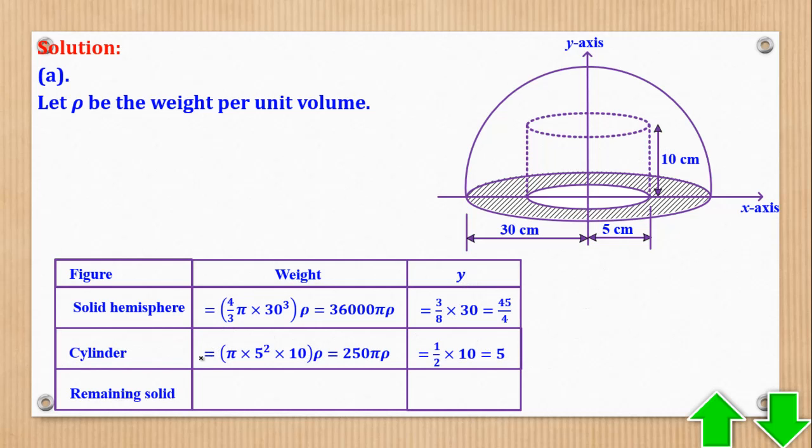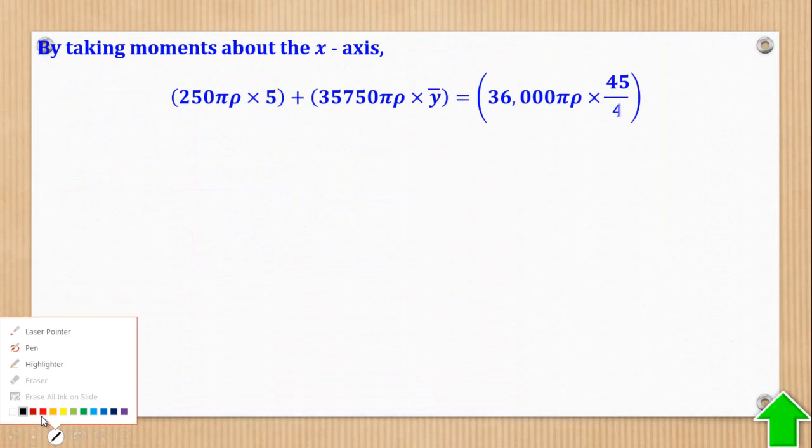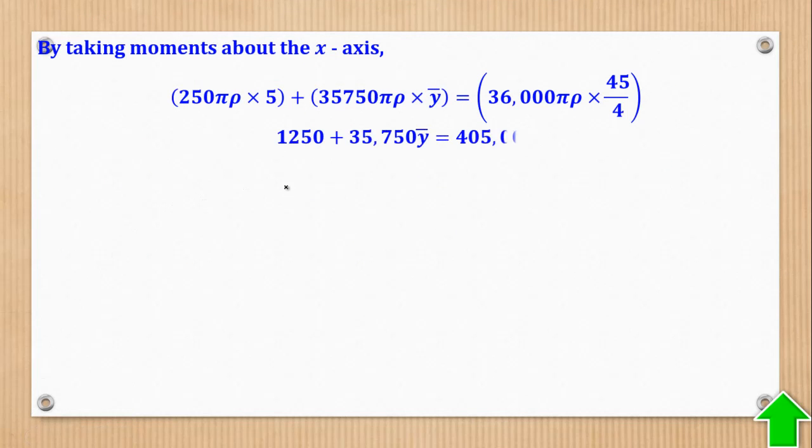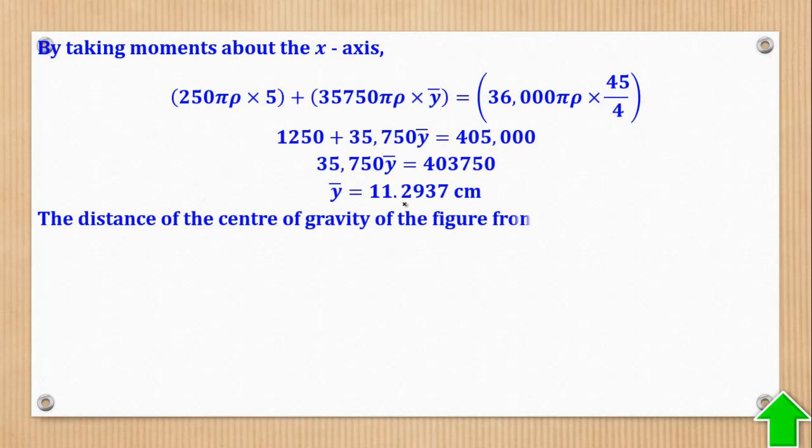Then the remaining solid, you subtract this minus this to give you this. And here it's unknown. So now we shall take moments about the x-axis to get y bar. Then we simplify, collect like terms, and get y bar. And that's what they wanted. Then there's also another part